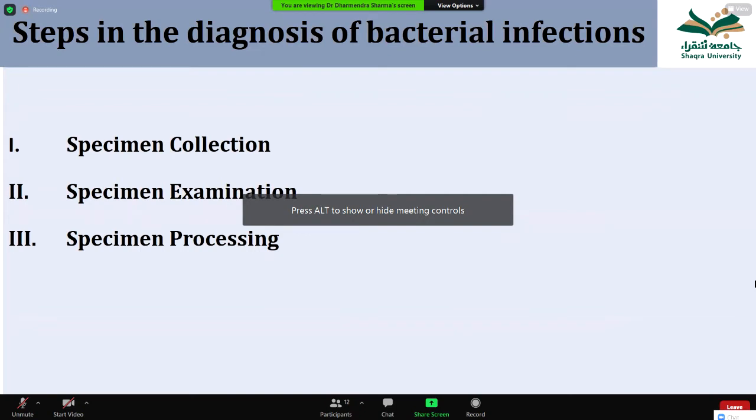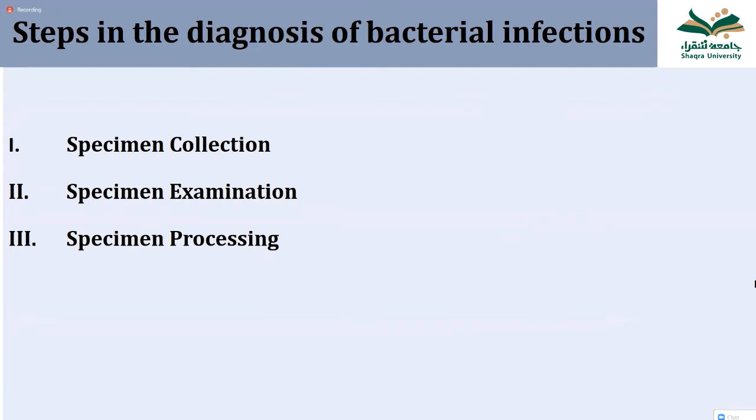For making any diagnosis, it begins with the sample collection. So proper sample collection and transportation, and then after, tests are done on the samples. So the steps of diagnosis of bacterial infection are, number one, first of all, collect the specimen and then examine the specimen with the eyes whether this is proper, and then send it for processing in the lab.